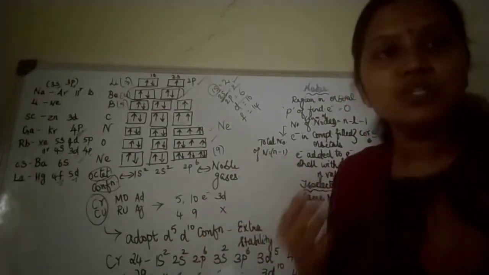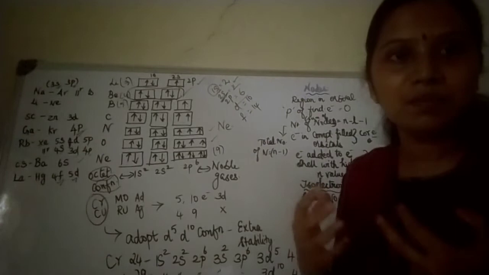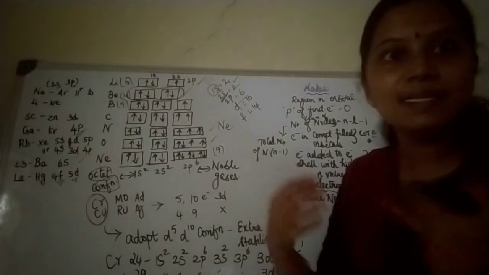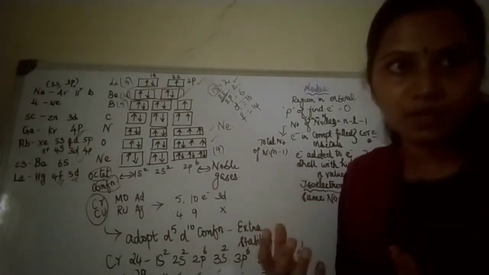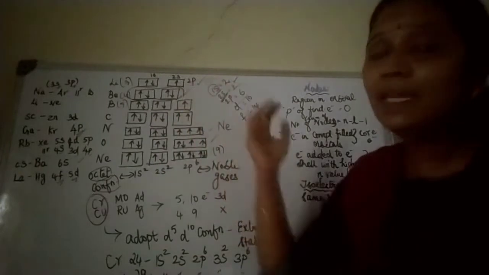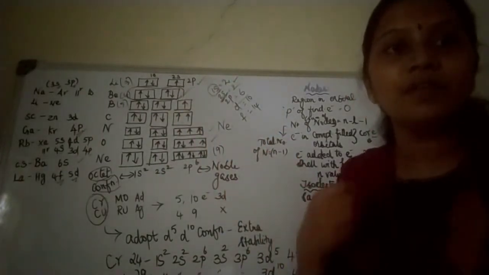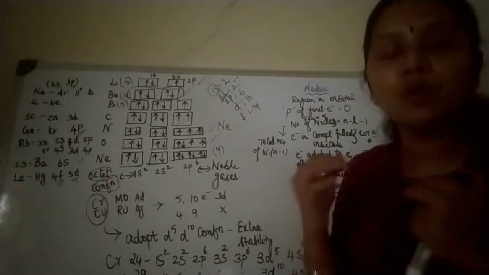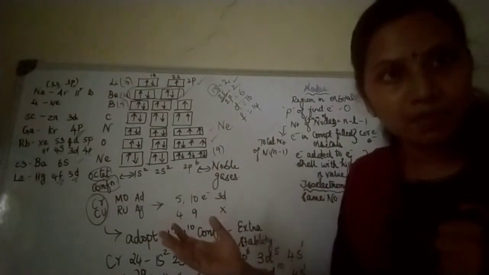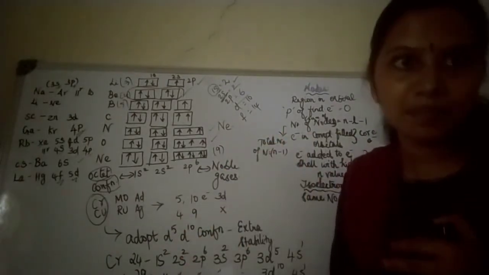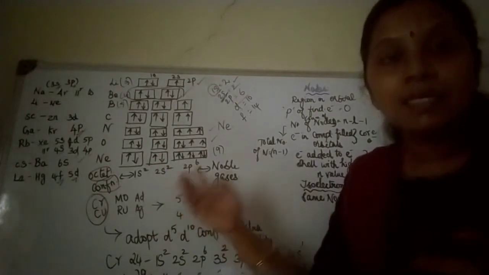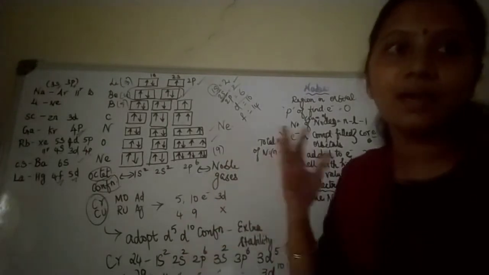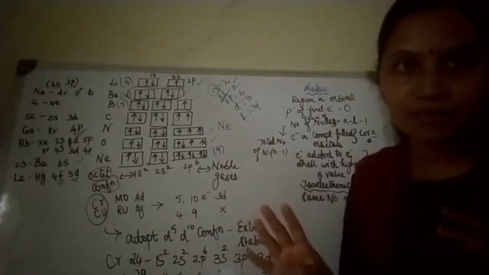Why won't they react? See, when a child is more bubbling, more troubling others, when a child is hungry or needs attention or is sleepy, there should be a need, only then he is out of control. Similarly, when any element is deficient in electrons, or has an excess, then in order to achieve stable configuration, they will react with other elements. But the noble gases are already satisfied with 8 electrons, so they have no need to react. They are unreactive, said to be inert, and won't react with any other elements.